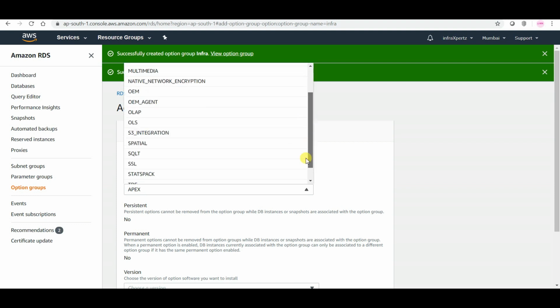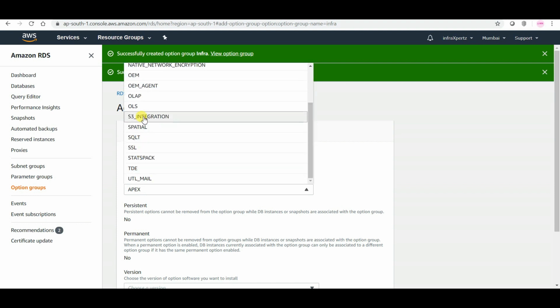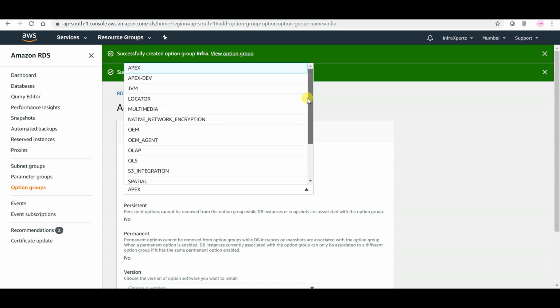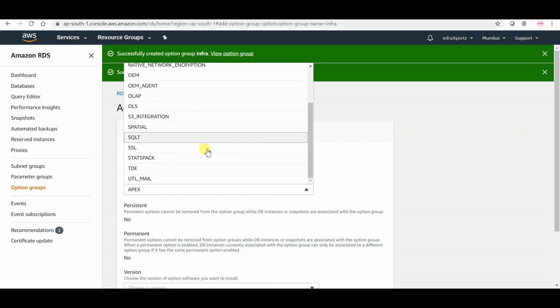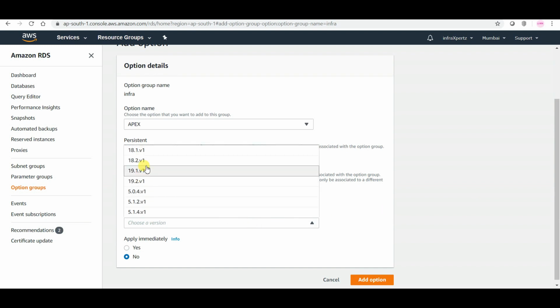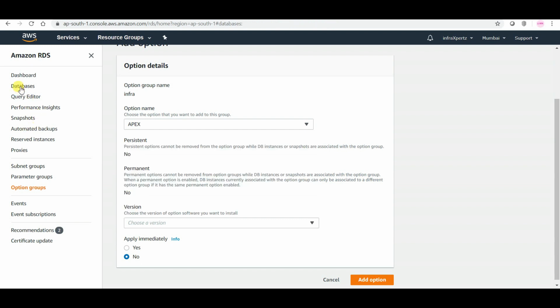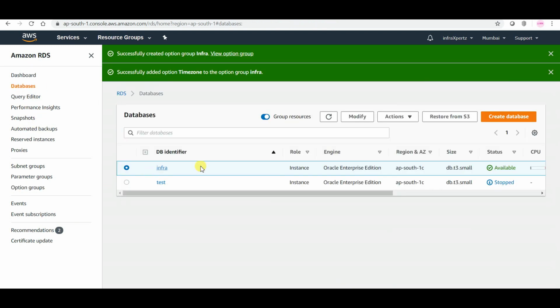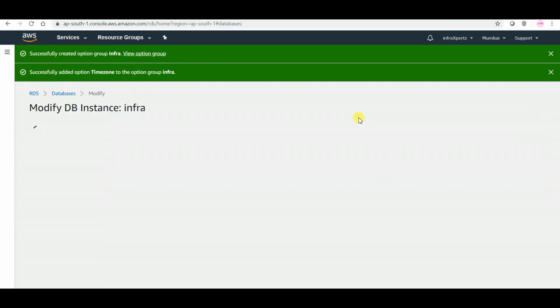You need to click it from here. You need to give the time zone, which is already selected actually, that's why it's not showing in here, and the version. You need to provide the version in here and apply immediately. After which you need to go to the database and modify it.